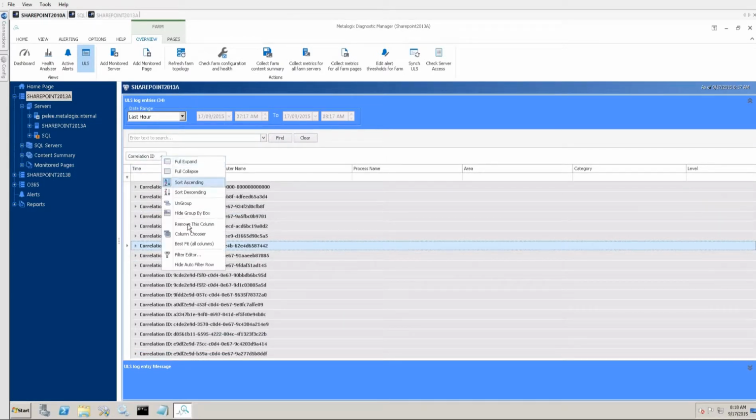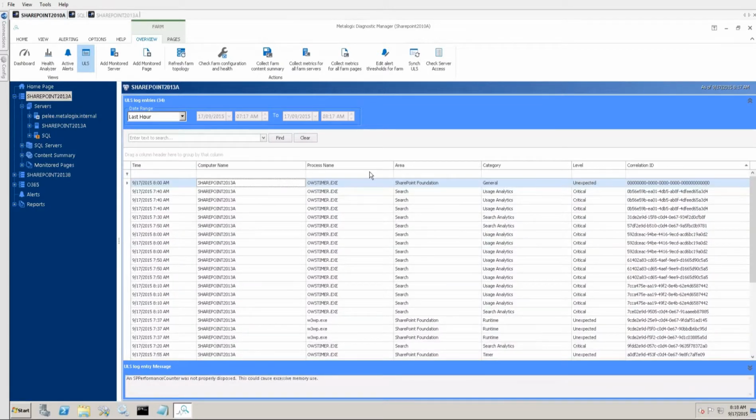Let me go ahead and ungroup that real quick. And you can group by any of these guys, right? And they concatenate on top of each other. And there's some sorting options and things of that nature. So I don't want to go too crazy with the actual interface, but I hope this at least illustrates kind